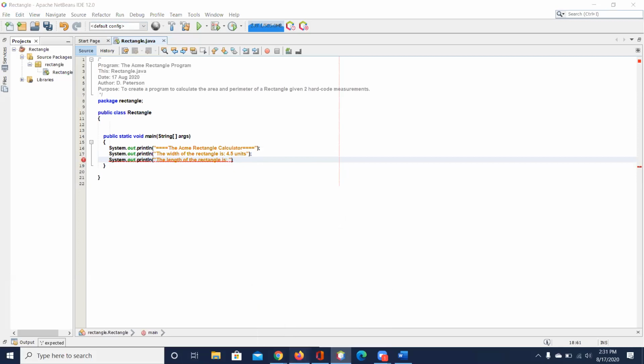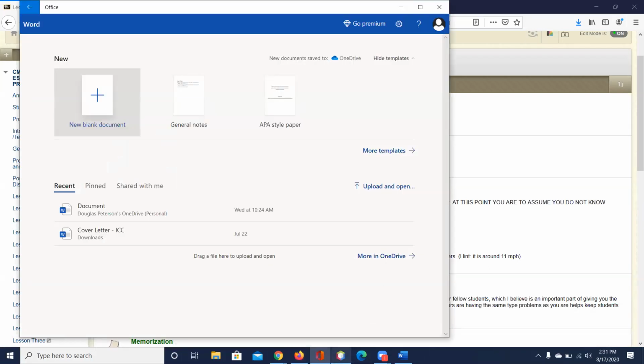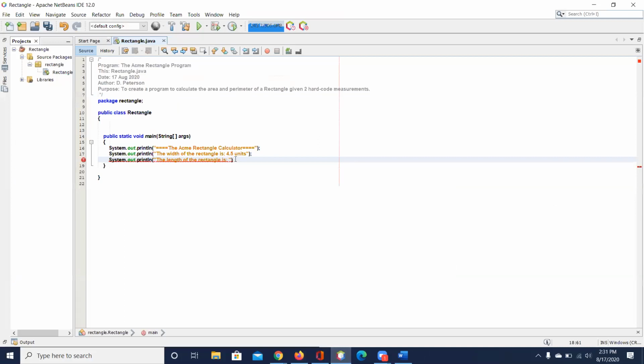Then I'm going to look over here at my 7.9 long. Oops, that ain't what I wanted. So this is 7.9 long. Okay. And notice I get a red line. What's wrong with this line? Somebody jump in. There's no semicolon at the end. There you go. No semicolon at the end.